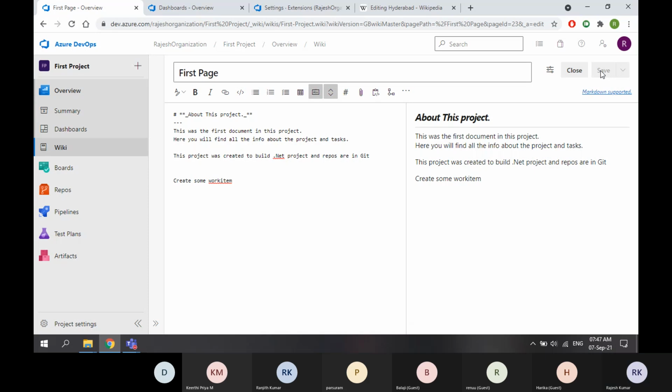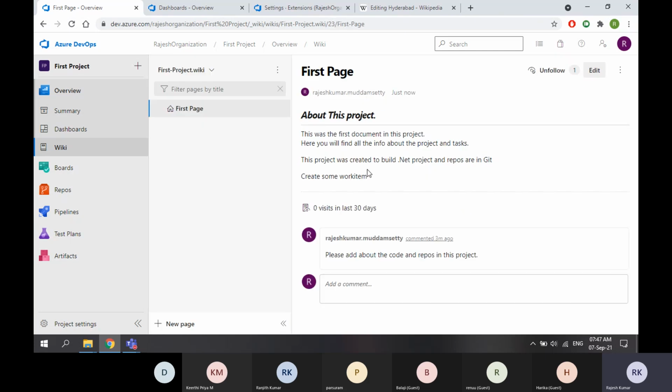Now, I want to assign some work to someone. While seeing this document, I got something, it says create some work item. So I need to create some work item, but I am not the right person to work on that. In that scenario, what can I do?